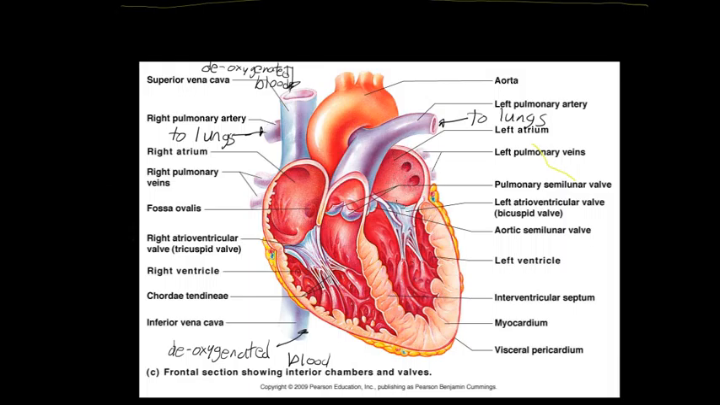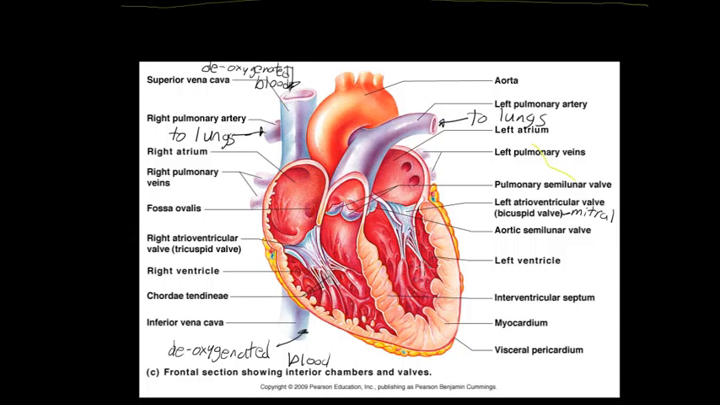And you can see between the left atrium and the left ventricle that there's another valve here, the left atrioventricular valve, and this is called the bicuspid valve because you can see it contains two cusps or flaps here. And sometimes this is also called the mitral valve. Alright, so when this valve opens, the blood flows from the left atrium to the left ventricle, and